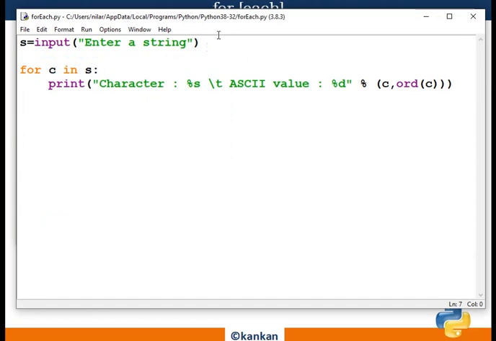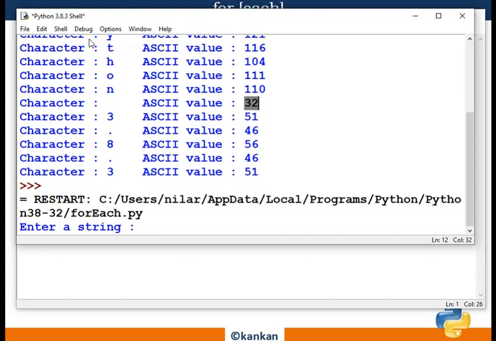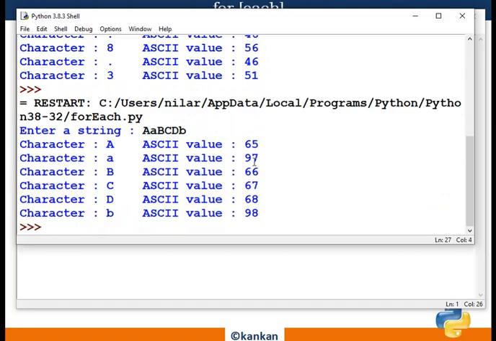Again, I am just executing to show, very simple. Capital A, B, C, D. Okay. Now the character is A and the ASCII value is 65.